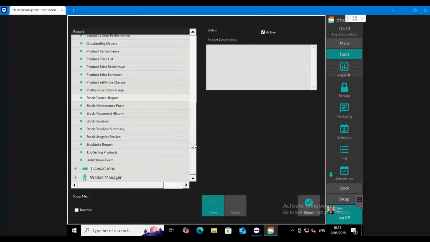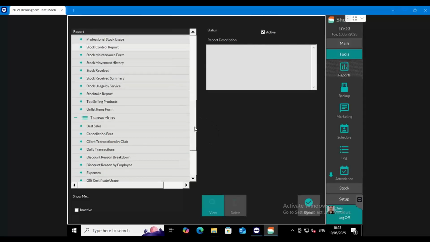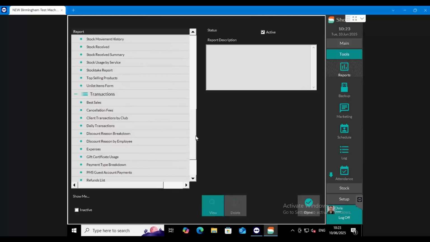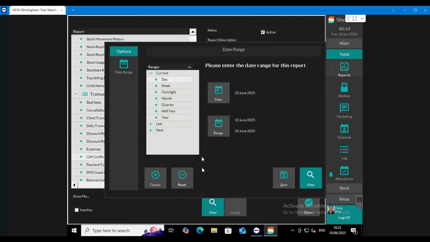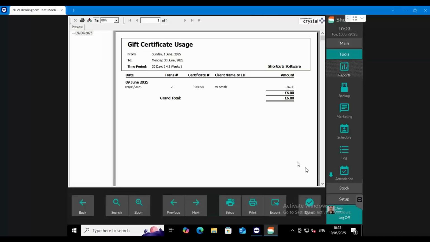So if you are using gift certificates, there's a report you may wish to look at, which is called gift certificate usage, and it's under the transactions category here. And it's this one just here, gift certificate usage. So if we click onto view, you can set yourself again a date range. So let's take a look at the current month. Let's take a look at this. So we can see here we've had